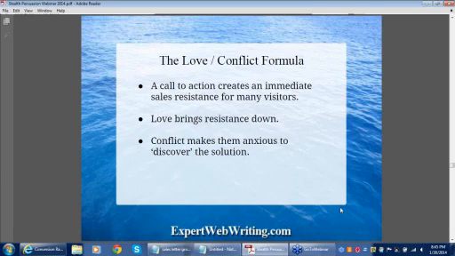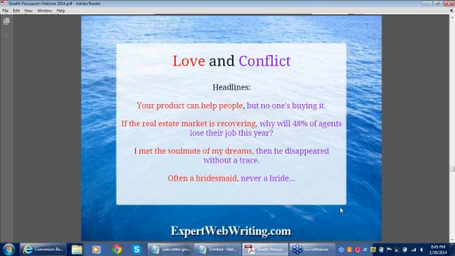So how in the world can you work that into headlines and copy and sales text and tweets and things in your own copy using this exact love and conflict formula and lead your prospects to the proper choices, trusting them to make the right decisions? Well, I have this formula here, and you can see it's broken into two parts.